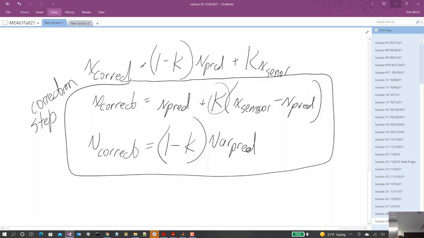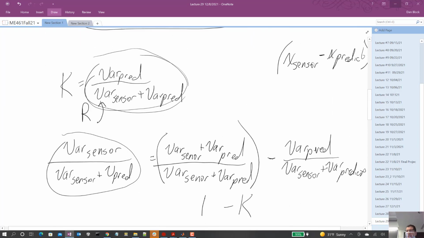All right, good. I just think it's kind of nice to see that doing this weighted average, which makes sense in our brain, falls out nicely